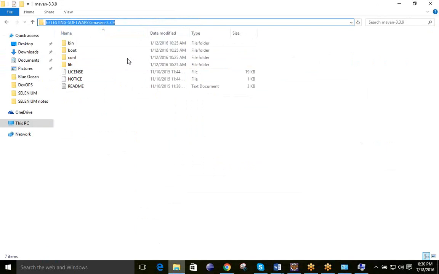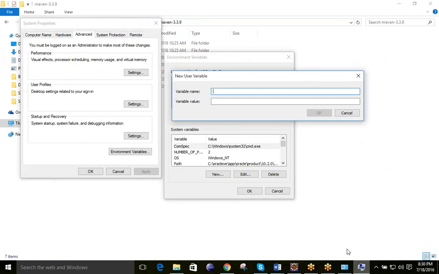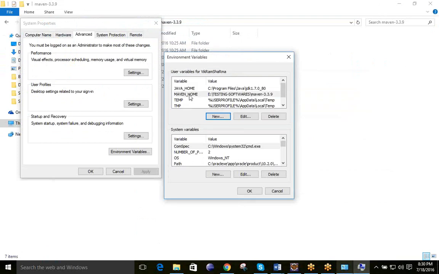Okay, so this is the first thing that you need to set, that is MAVEN_HOME. Now what will be the next thing? In my case it is already done, so I am not doing it a second time. You can see it is MAVEN_HOME, and this is the location where Maven is present. The second concept is that you need to set up the path variable also.